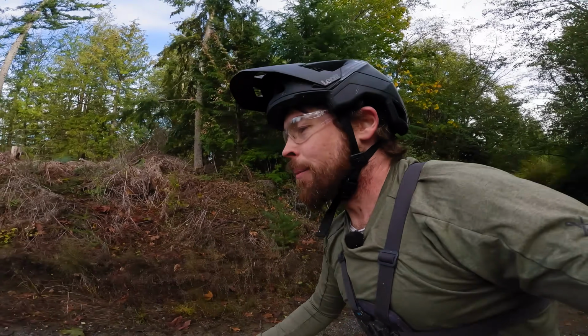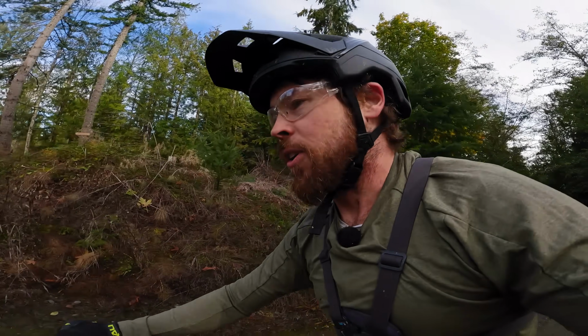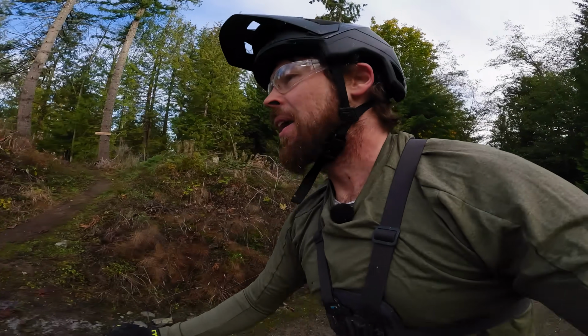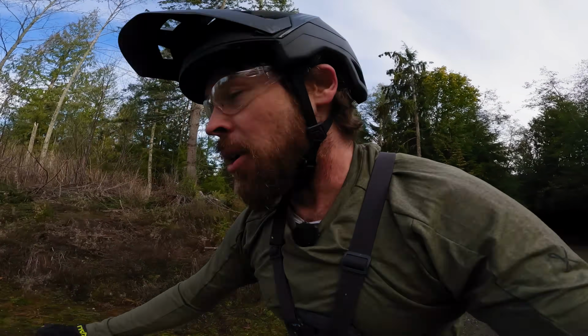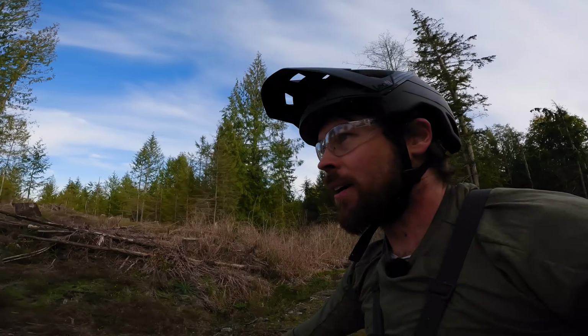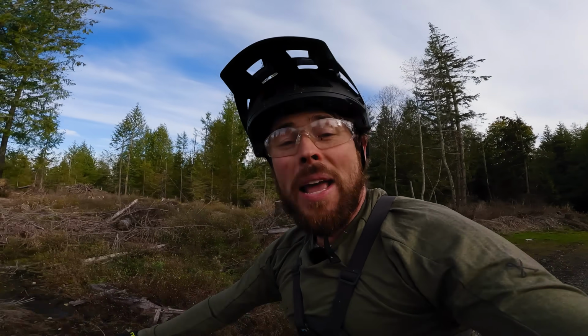Well, if I had to put a number on it, it's probably 10% smoother with the Cushcore up front, just the front wheel. How much that affects the back wheel, I don't know. But I notice it when popping off roots, putting the front wheel down, landing from jumps. All right, I gotta keep pedaling and we'll go do the same trails we did yesterday